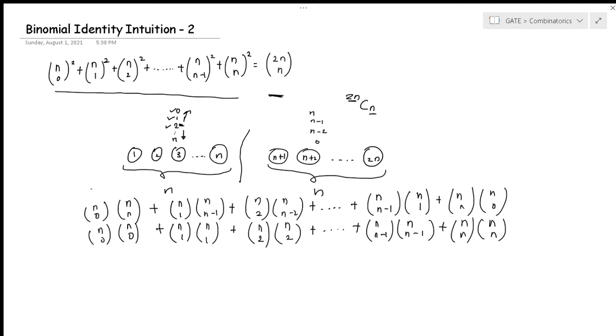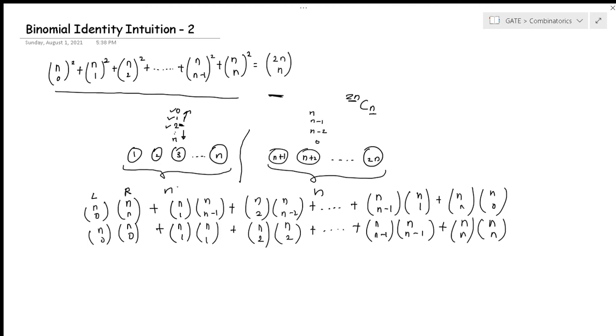So let's see how we can think intuitively about what's going on. From the left partition I chose 0 elements, and from the right side I chose all the n elements, because in any combination I had to choose n elements. So I chose nothing from the left side and n elements from the right side. And please remember, we partitioned 2n elements into two parts, one containing n elements and the other containing the rest of the n elements. This was one of our choices.